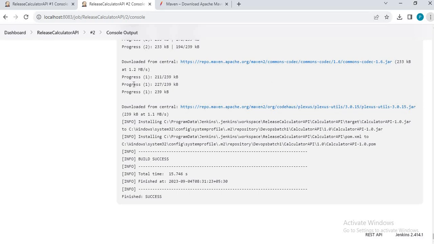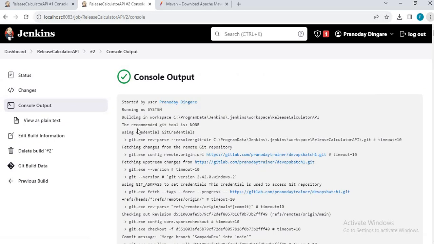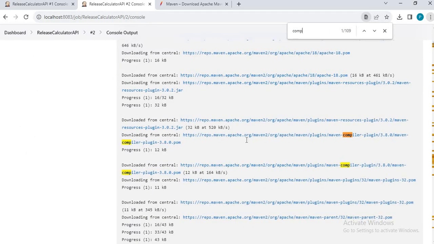Let me go to the console output, and let me see compile. You can see it is downloading the compiler plugin.